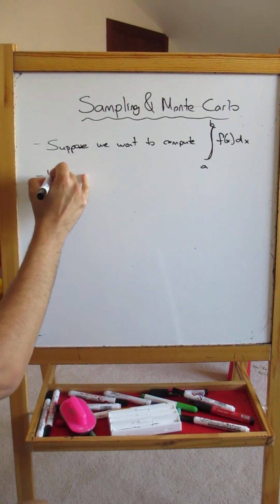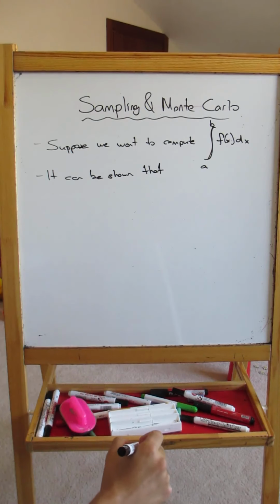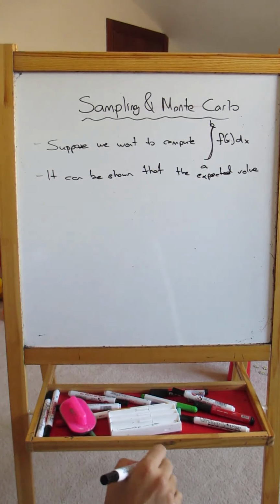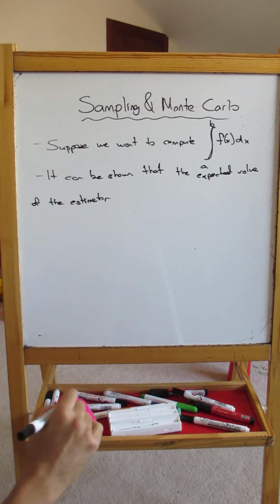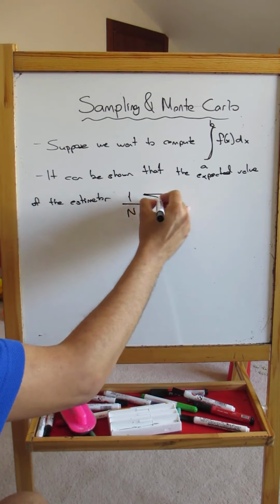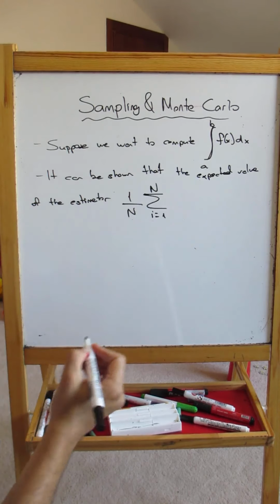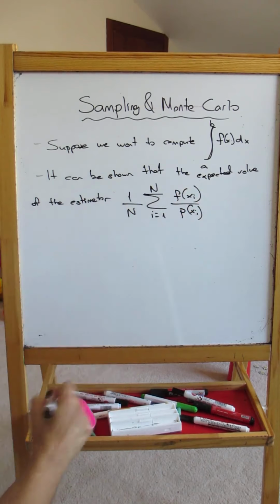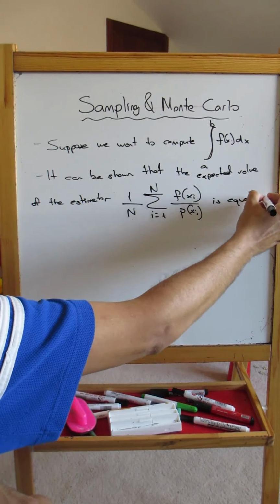It can be shown, and which we will show, that the expected value of the estimator, we call it the estimator because it estimates the value of this integral, 1 over n sigma i from 1 to n, so we will be drawing n samples, f(xi) divided by the probability of xi, is equal to that